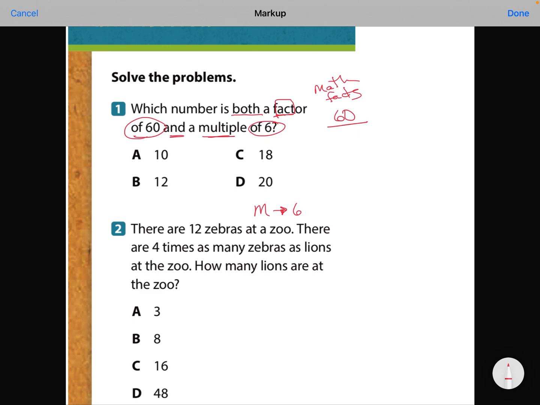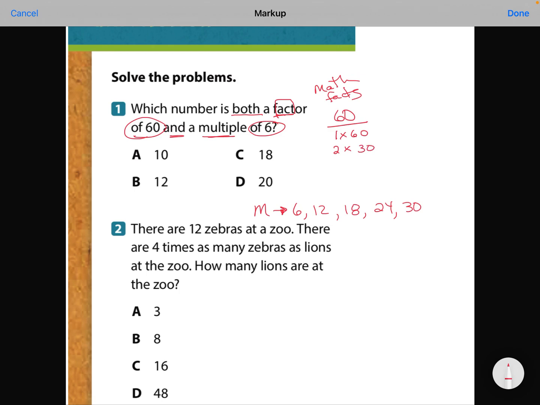Do it with me. 6, 12, 18, 24, 30. And I notice that A, B, C, and D, nothing is bigger than 30, so I can stop there. So when I do my factor pairs, remember we're going to make it like a tree. We start with 1. We're going to go in order. Does 1 work? Yes, always. 1 times 60. Does 2 work? Why does 2 work? Because it's an even number. Half of 60